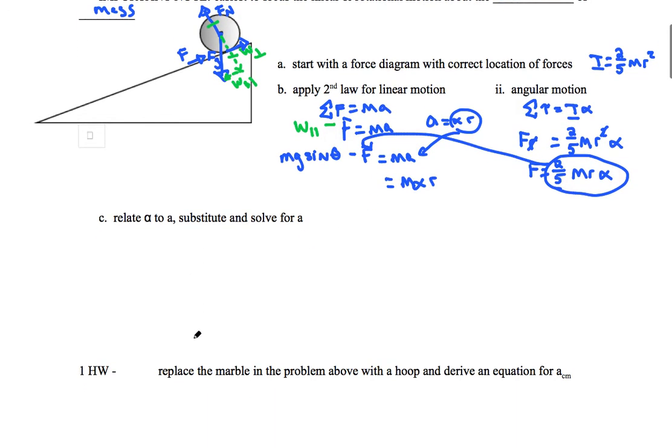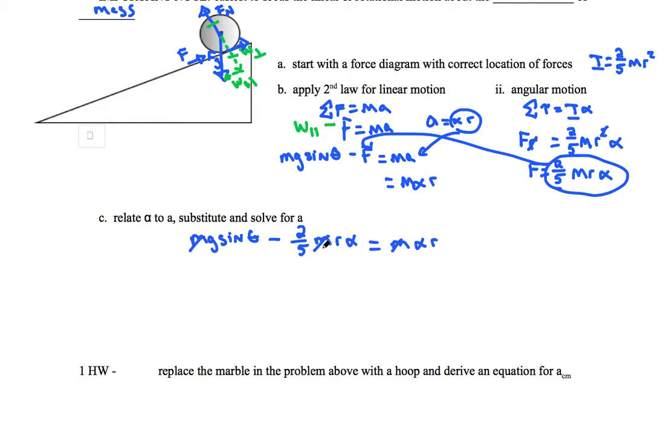I'm going to rewrite this down. I have mg sine theta minus 2/5 mr alpha, and that's equal to m alpha r. So I did two things there. I substituted alpha r in for a, and then I substituted the 2/5 mr alpha in for F. And if we look, we have an m in every term,